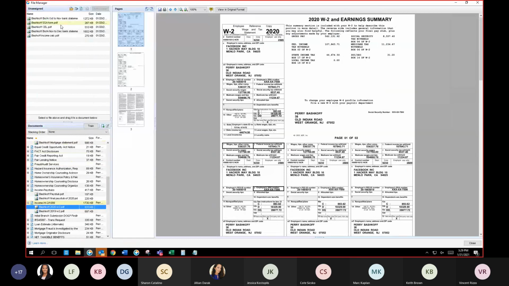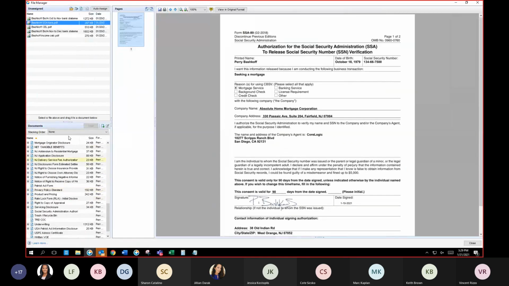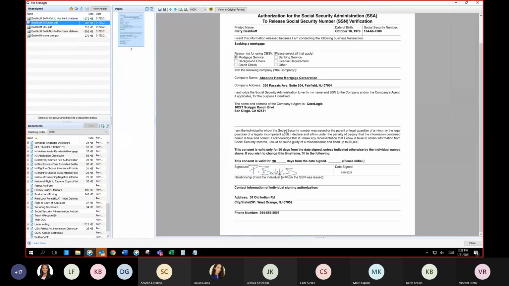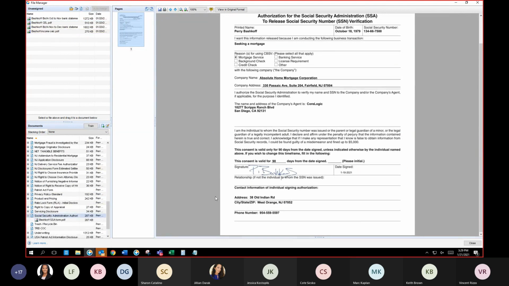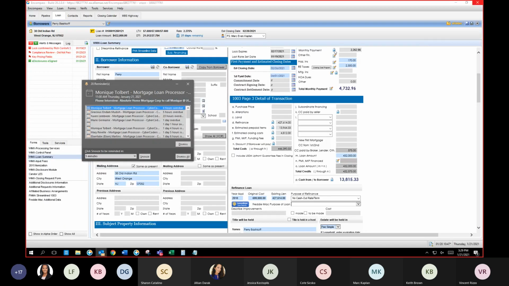Okay. Next, we have our SSA form, which I do see that we are missing that second page. Technically speaking, this is not a complete disclosure, as there are 2 pages to this. There is a quick fix for this. I'm going to drag and drop this guy in here. And to get the second page,